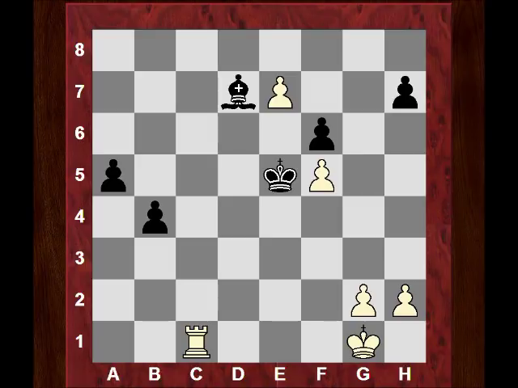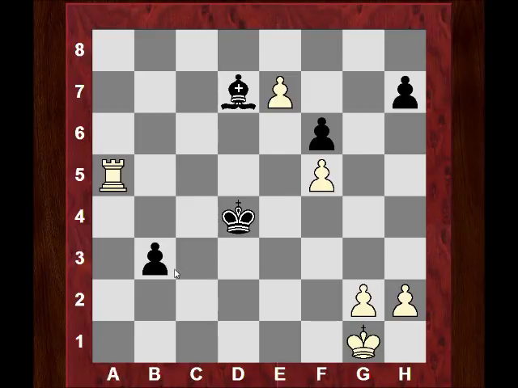Well, Fischer plays now rook c5 check. He's encouraging the king to help herd the b pawn. So what's the idea of this? King d4, rook takes a5, b3. Is the king herding the b3 pawn? Is White in trouble? Rook a7,